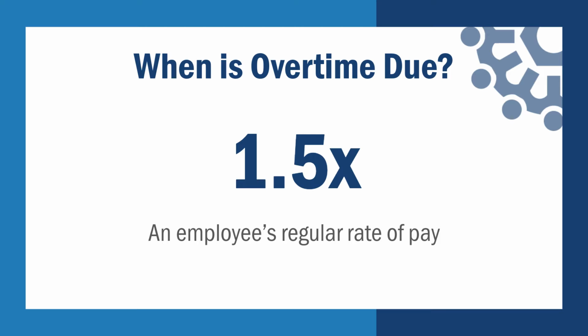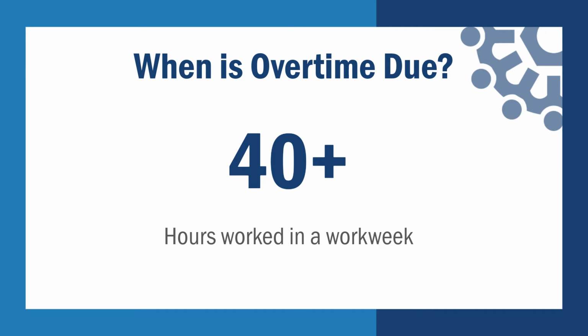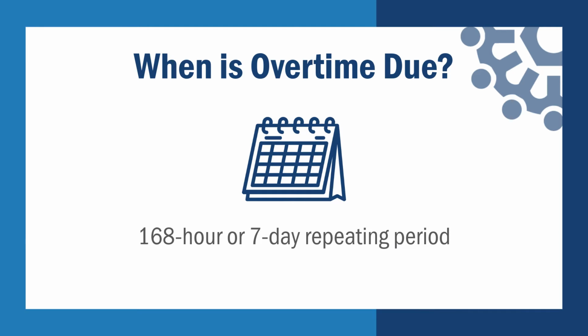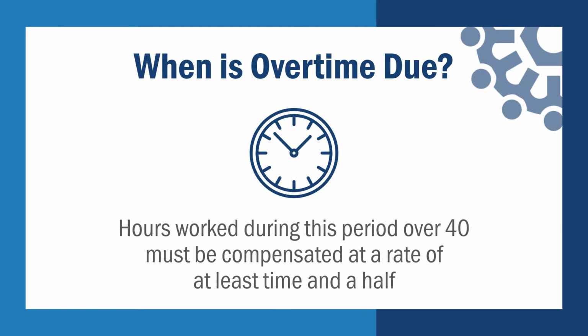Overtime compensation of at least 1.5 times an employee's regular rate of pay is due for all hours worked over 40 in a work week for all non-exempt employees. A work week is a 168-hour or 7-day repeating period. An example would be Sunday through Saturday. So any hours worked during this period over 40 are required to be compensated at a rate of at least